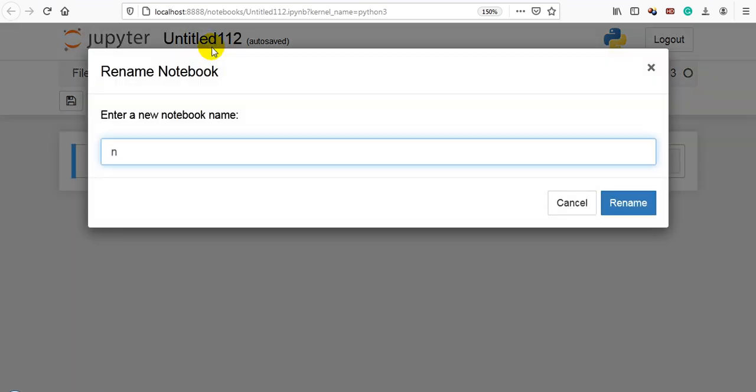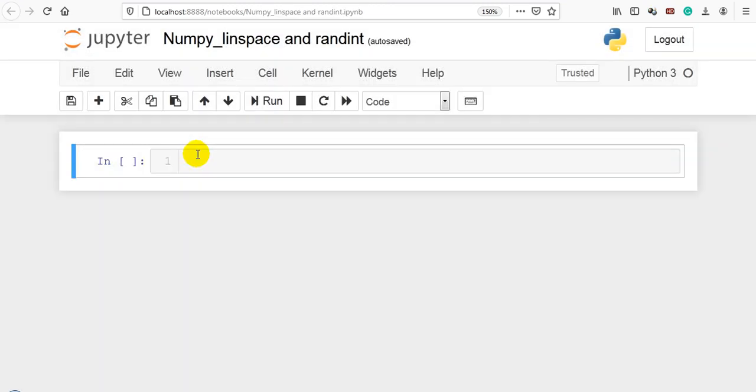So let me change the name of this file to NumPy. Let me import NumPy as np.